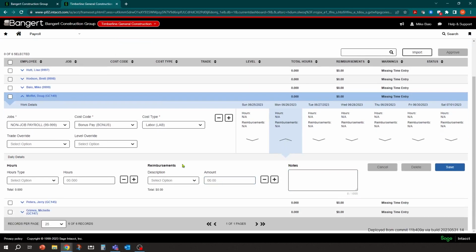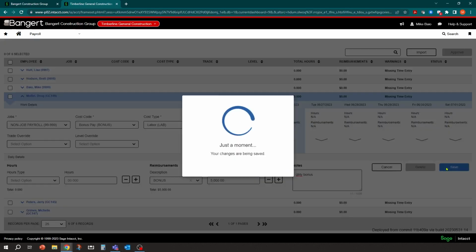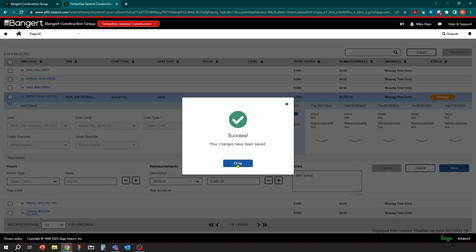Once you open that up, you have the ability to get to the reimbursements tab. And this is where you're going to select that bonus. Notice the B2s are also there as well, but we're going to use the bonus one. And now you can come in and key in what the bonus amount is going to be. We'll say 5,000 in this case, and you could even label it, we'll say quarterly bonus or something like that. Once you grab it from the drop-down list and key in the amount, you'll click Save, and that will save that to that employee.